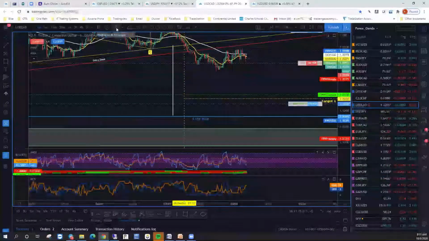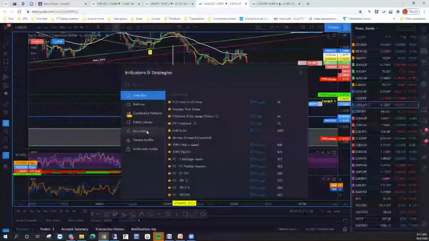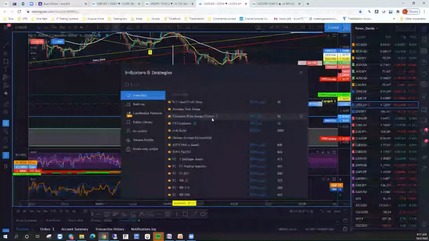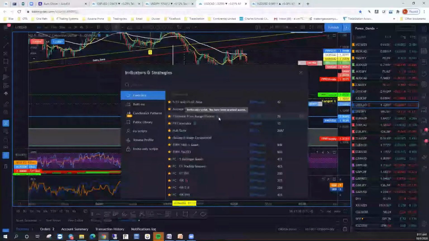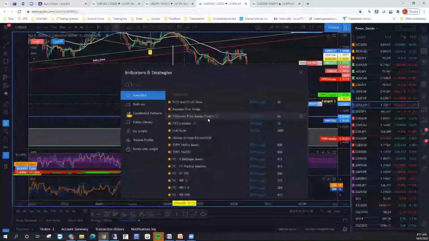But if you go to your chart where it says this little FX, if you look in here, you should see something under my scripts. If you type in Fibonacci price range plotter, it should come up, and you should have a little padlock here that's green. If it's green, that means it's unlocked, and you should be able to use it. If it's red, that means it's not unlocked yet. So just type in Fibonacci price range plotter, or the other one that you would be looking for is the